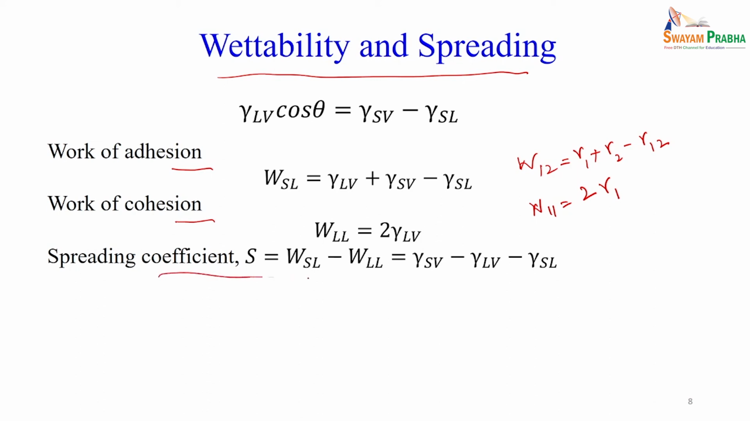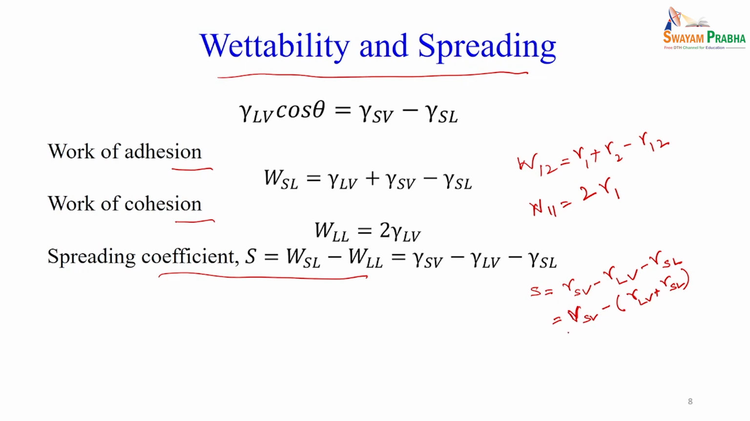So, simply the spreading coefficient is the difference between the work of adhesion and work of cohesion. And if you subtract these, what will be there? One gamma LV will be cancelled out from here. So, S is equal to gamma SV minus gamma LV minus gamma SL, or you can say gamma SV minus (gamma LV plus gamma SL). So, based on the difference between these, we should be able to calculate